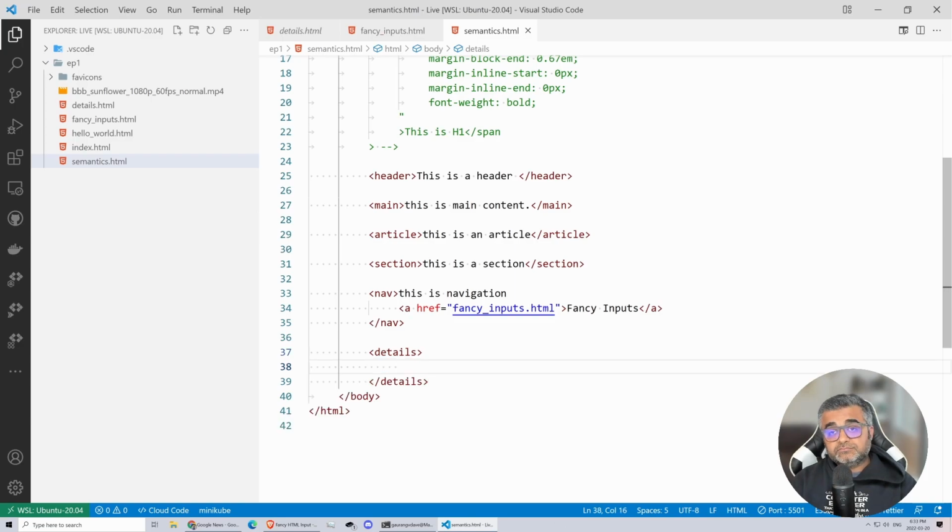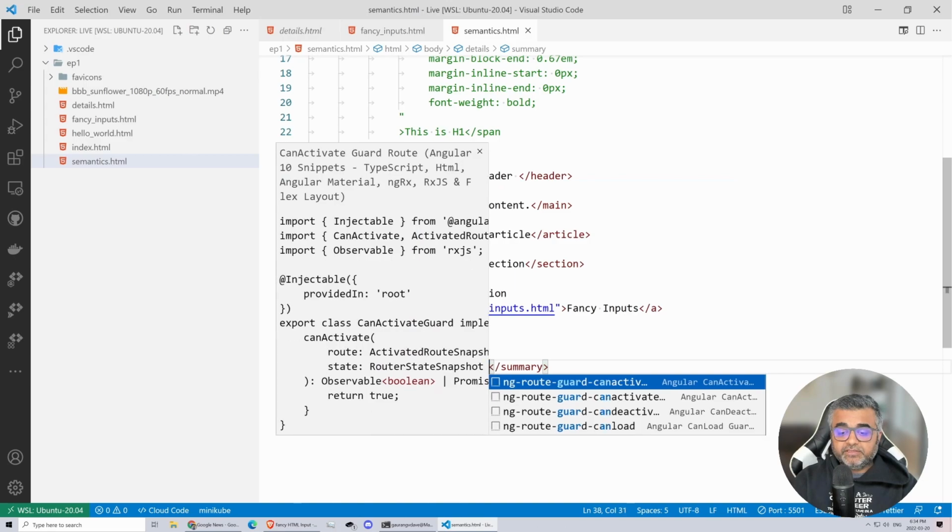So again, you might have guessed, right? This is the awesomeness of semantic HTML. You might have guessed what this element is. This element basically helps you create a detail list or a summary-detail view of your data. This particular one does change the way your HTML looks. So how can you do that? You can do